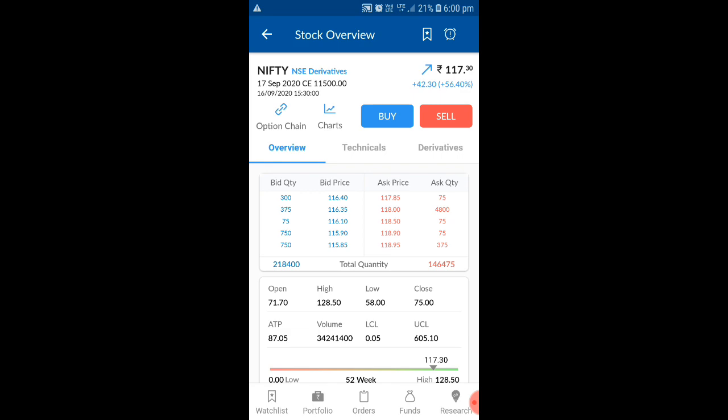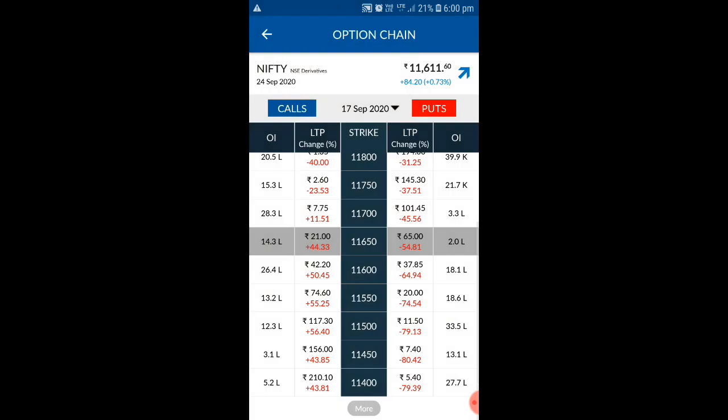That is why I am telling, when you are going for below the strike rate, you will be getting much profit. And always when you are going for a Nifty option, try to select nearby the strike rate, or just below or above, based on the date. If you are going for a Friday, you can select a little bit higher, or if you are going for Monday, come down slowly, and by Thursday and Friday you have to buy exactly the current strike rate, otherwise you won't be getting any profit.